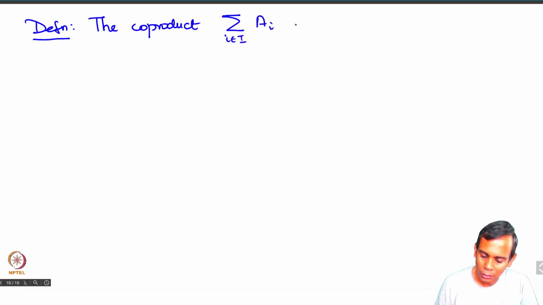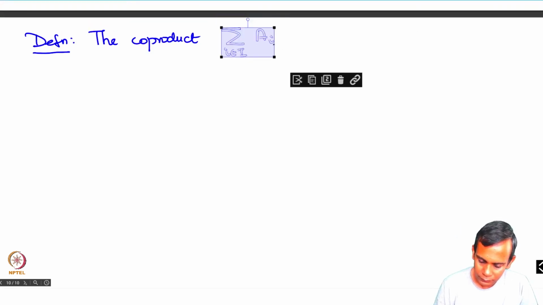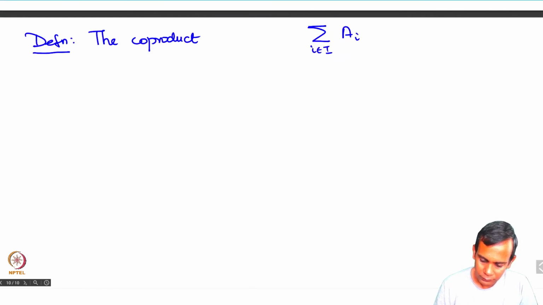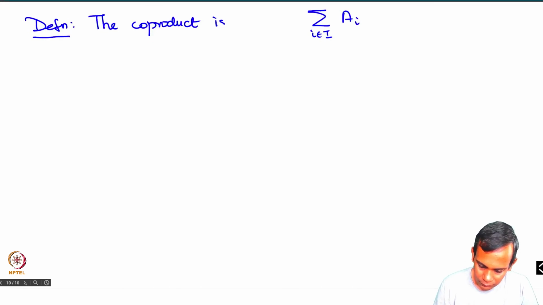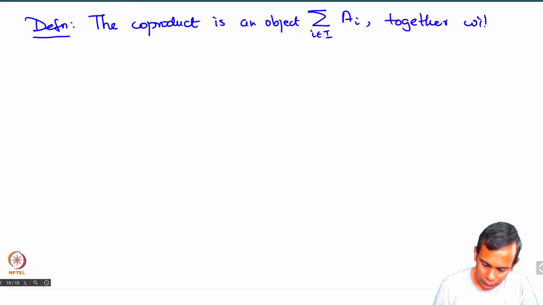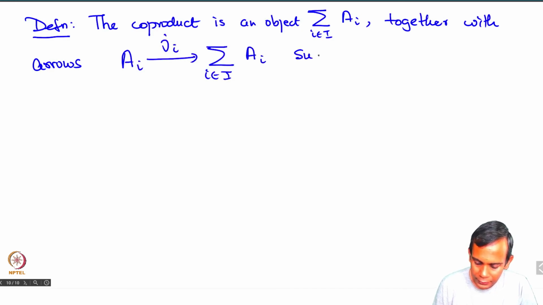So maybe I should say it is an object together with arrows ji from each Ai, there's an arrow ji to this coproduct, such that